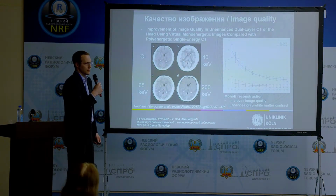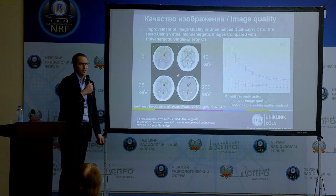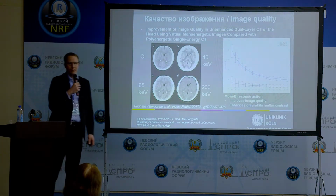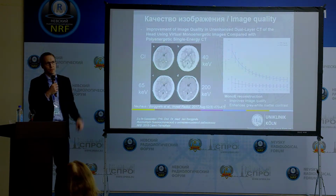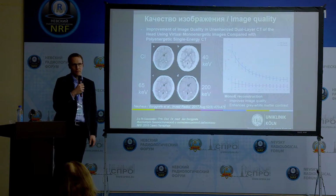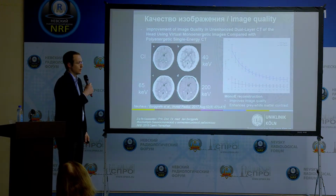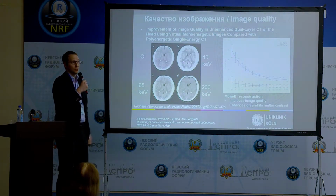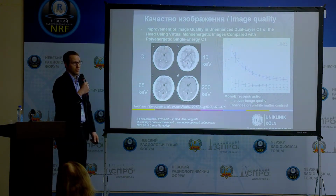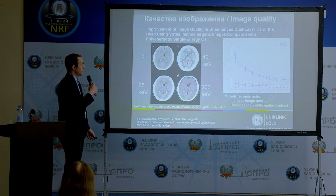The most difficult domain for computed tomography is actually the brain. Why is that? We have only a very low contrast between the gray and the white matter. There's only a difference of 10 Hounsfield units between gray and white matter. So it's difficult to depict changes and to detect early demarcations of infarctions or edema. So here it is very crucial